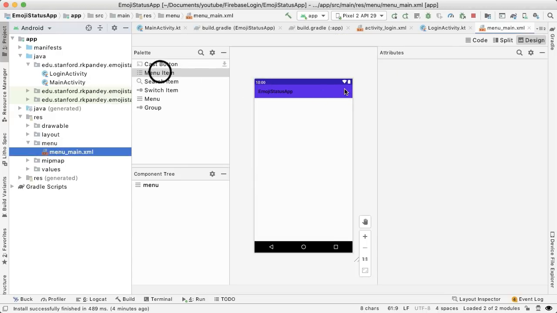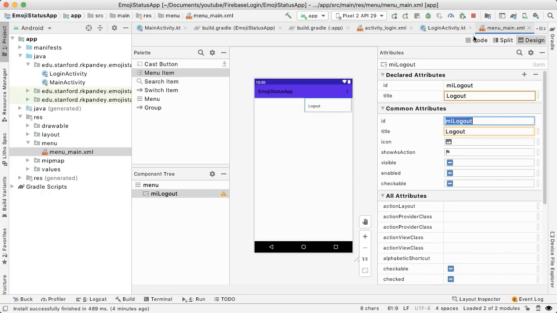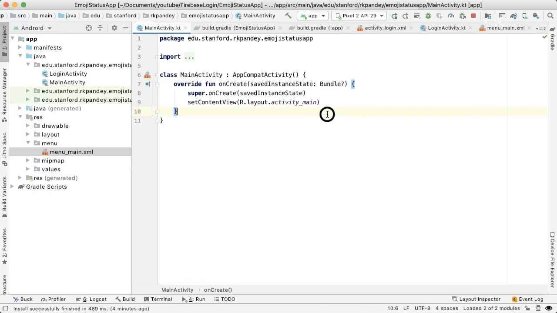And we're going to drag out a menu item, and the title will be Logout. And the ID can be miLogout. That's all that we need to do from the menu perspective. Now we need to tell the main activity that this is the menu that you should be using in the menu bar. So go into MainActivity, and there's a function here that we want to override called